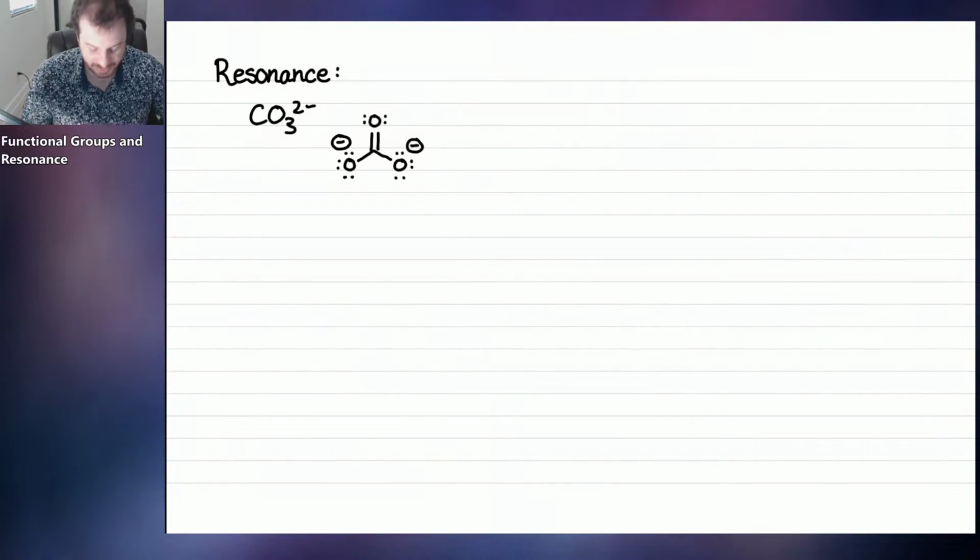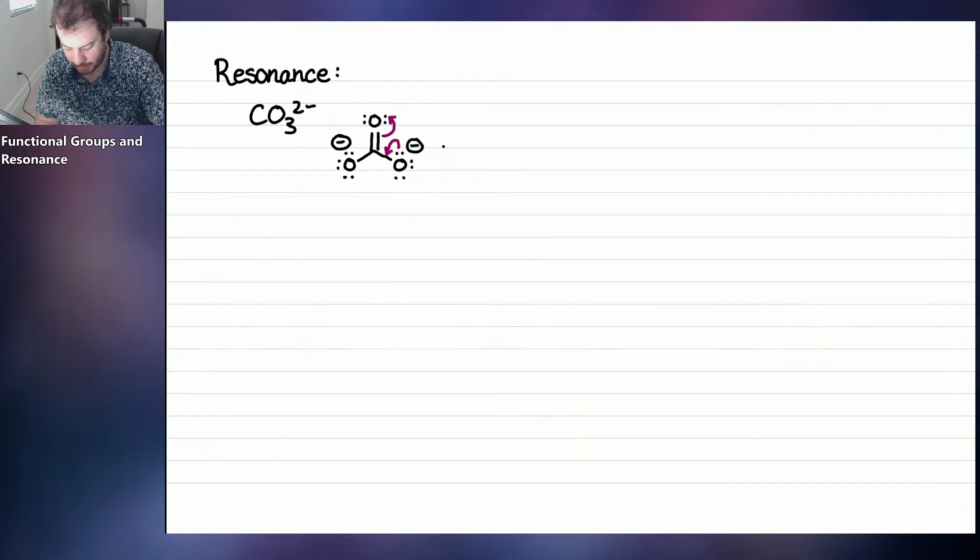And what we can see is that the carbonate anion can engage in resonance, meaning that we can delocalize some of the electrons in this molecule like this. So we can move the lone pairs on that right oxygen towards the CO double bond and kick electrons up onto that oxygen. And if we do that, we're going to draw a resonance arrow, which looks like this double-headed arrow. Hopefully this isn't completely foreign to you. You should have learned about this in general chemistry.